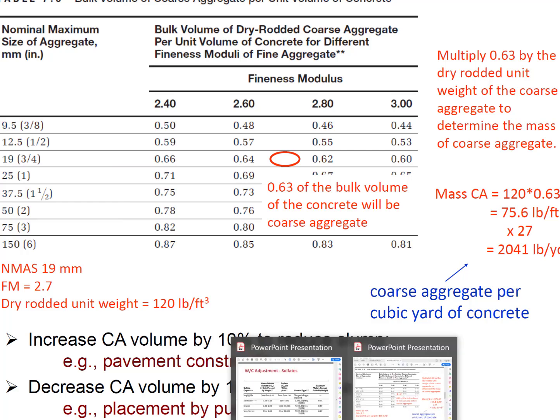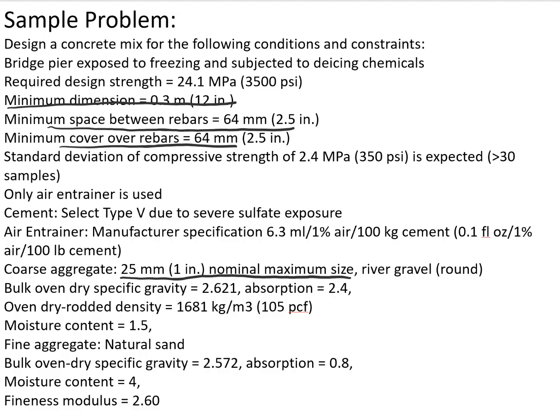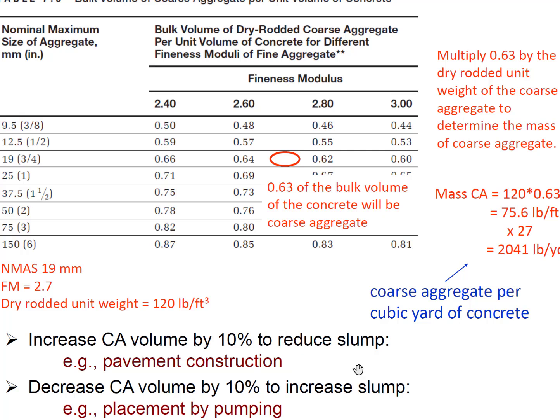So from the question, we know that the fineness modulus is 2.6 and the nominal maximum aggregate size is 25. So we have 1 inch here, and it's 2.6 for fineness modulus, so the volume should be